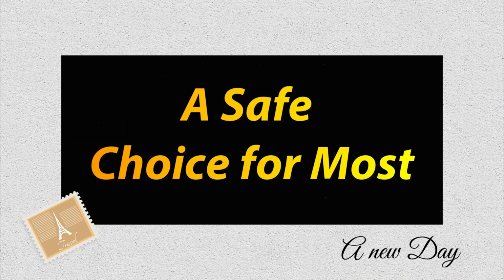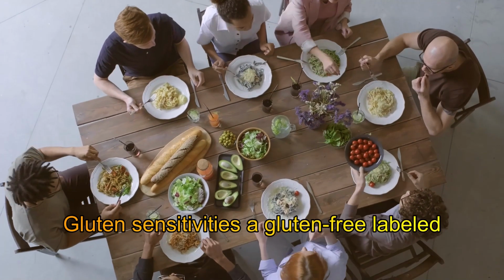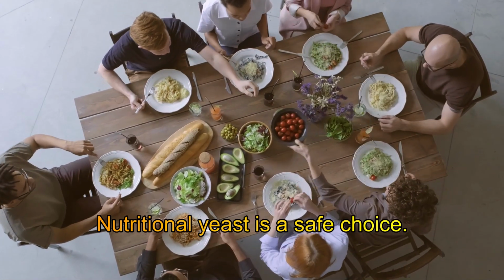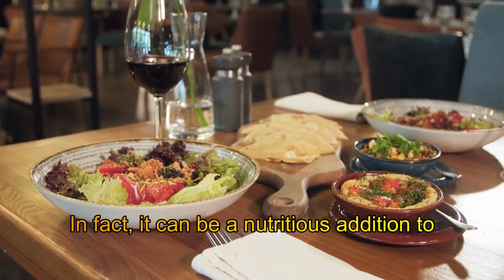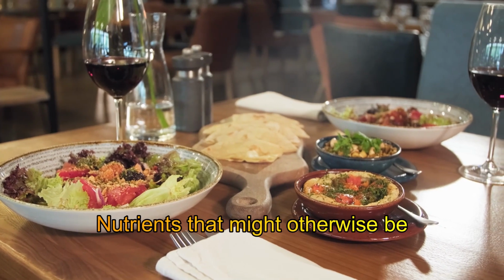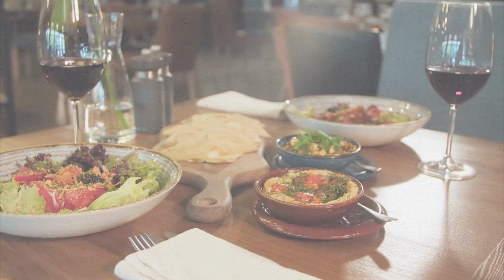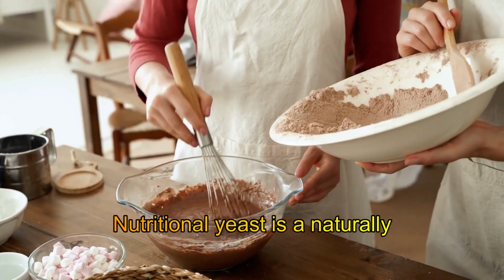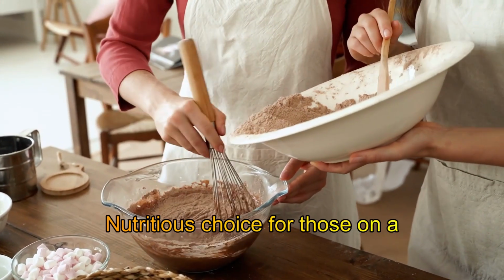A safe choice for most. For most people with gluten sensitivities, a gluten-free labeled nutritional yeast is a safe choice. In fact, it can be a nutritious addition to a gluten-free diet, providing flavor and nutrients that might otherwise be challenging to incorporate. Conclusion: nutritional yeast is a naturally gluten-free product, making it a safe and nutritious choice for those